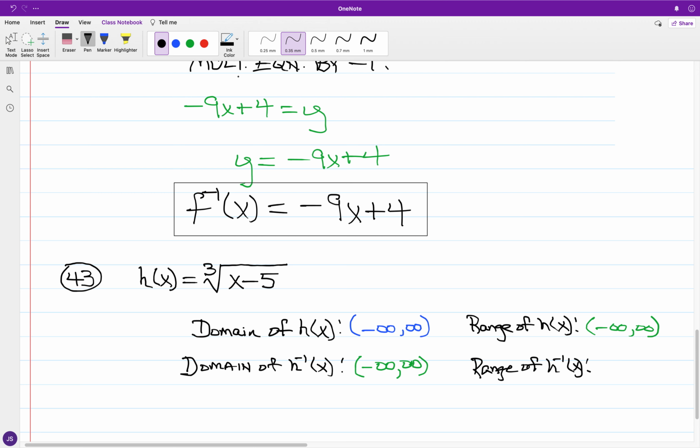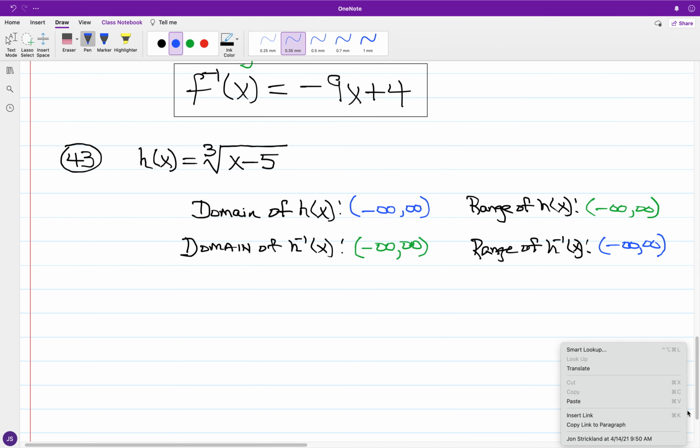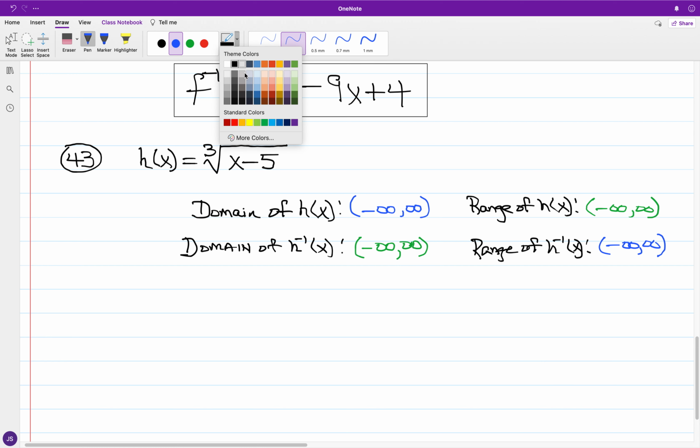And for what we have in the case of the range of the inverse, again, what we have in x for the function, we're going to have in y for the inverse. Okay. All right. Now, in looking at what we have for the inverse of the given function,